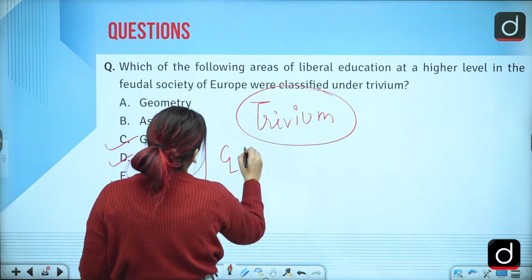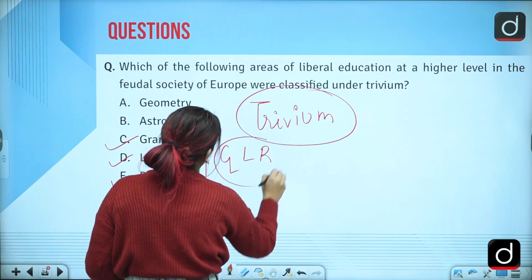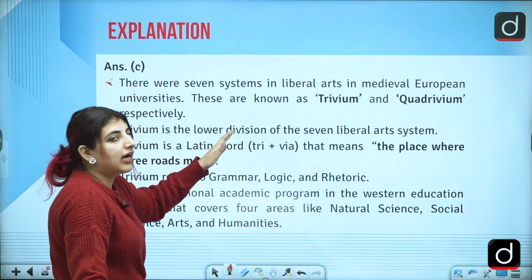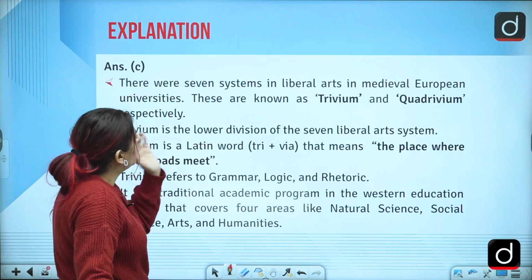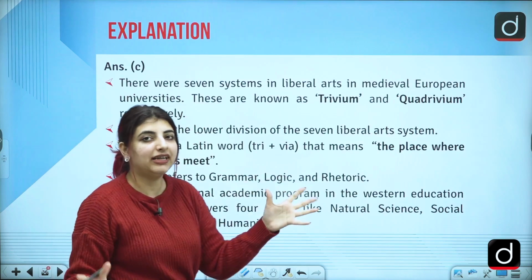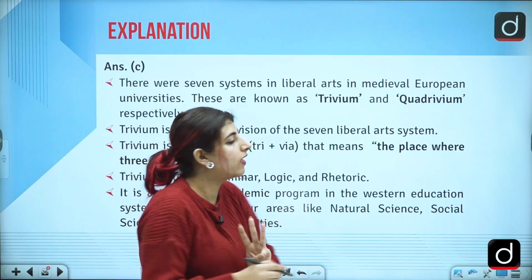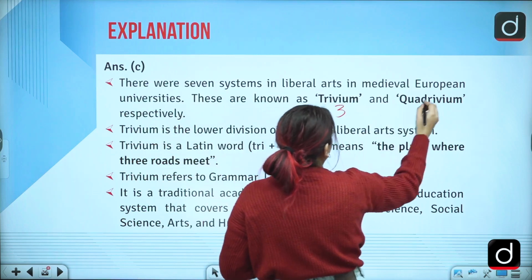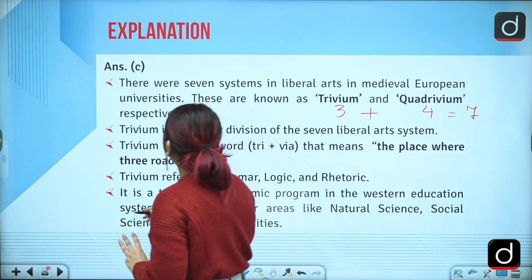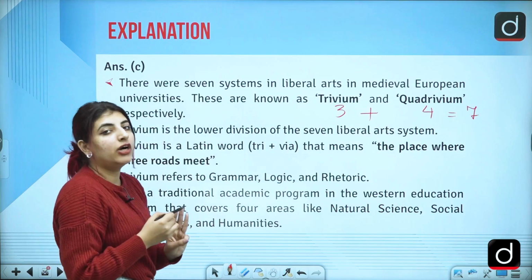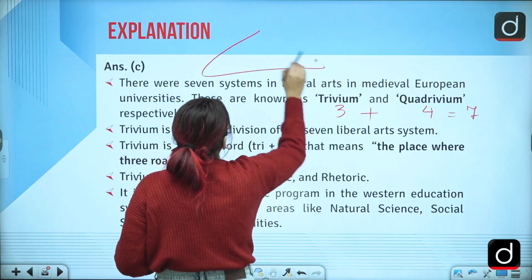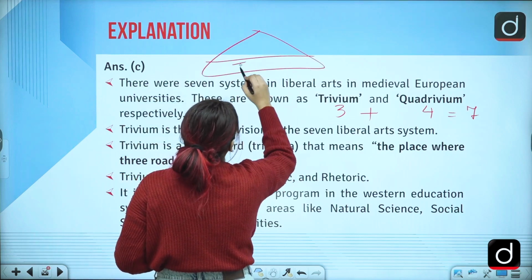Grammar, logic and rhetoric. Correct? There were 7 systems in liberal arts, if we talk about the previous slides as well, right? These are known as trivium and quadrivium respectively, hence collaborating them with 3, that is for the trivium, right? And quadrivium 4 equals to what? 7. So 7 systems of education were there. Trivium is the lower division of the liberal arts system. So if we talk about the hierarchical part, trivium comes under,